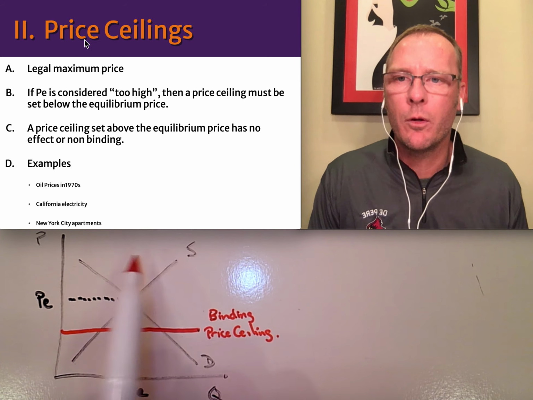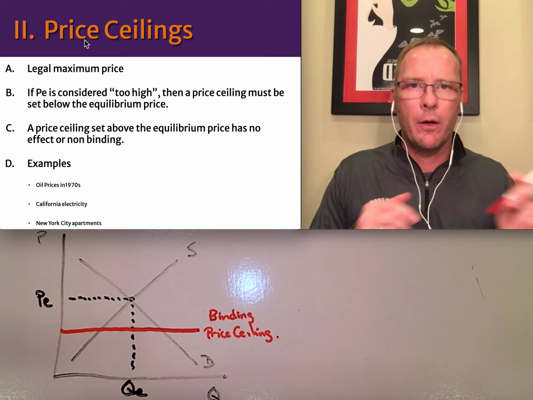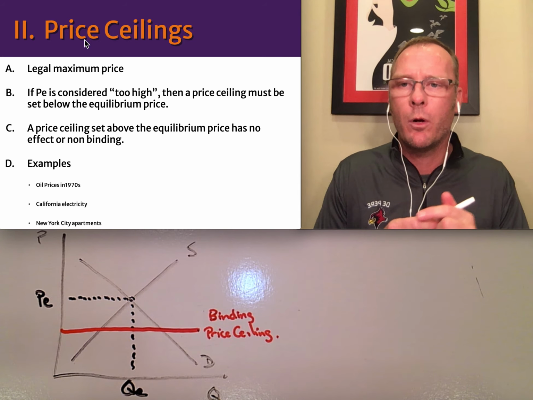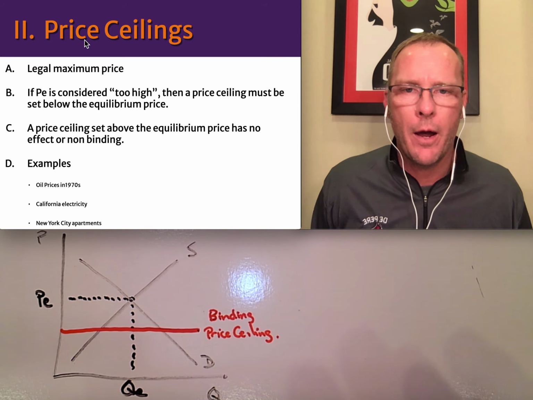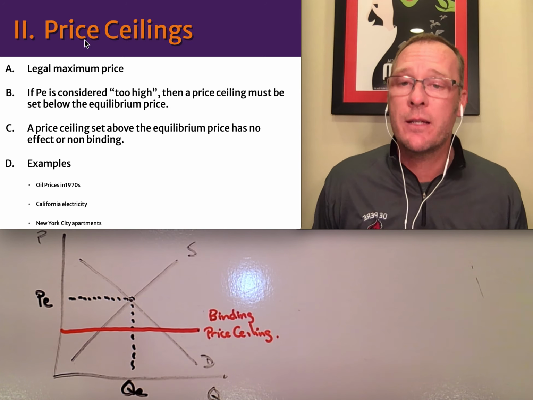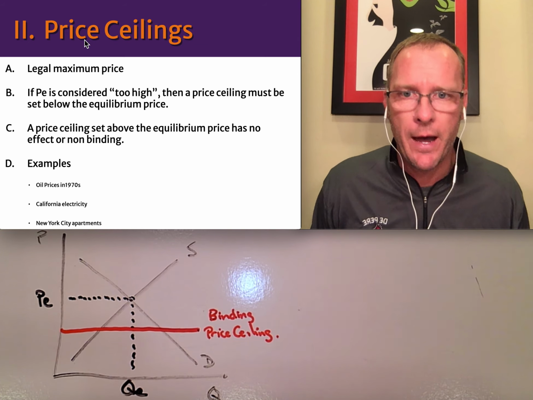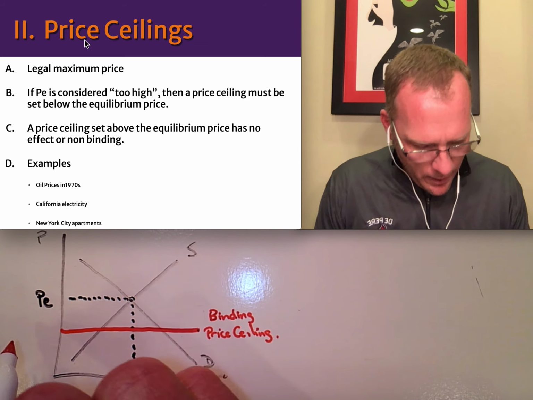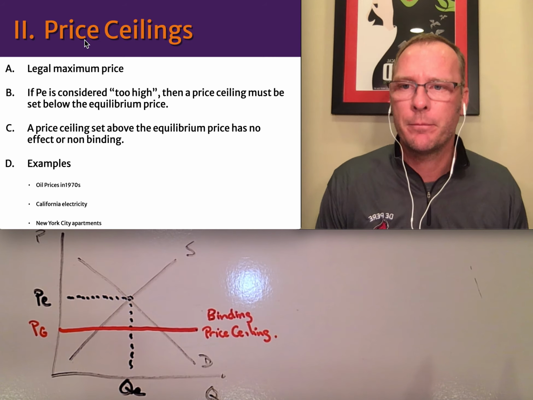Anything set above equilibrium up here is almost like a trick question, because people will come down to the equilibrium price. If it's set too high, nobody's going to pay that price. They're going to come down and get the lower price. But if it's set low enough, just like this one is, then all of a sudden it's in effect. That's as high as the price can go, and this is a price that's set by the government, all right?